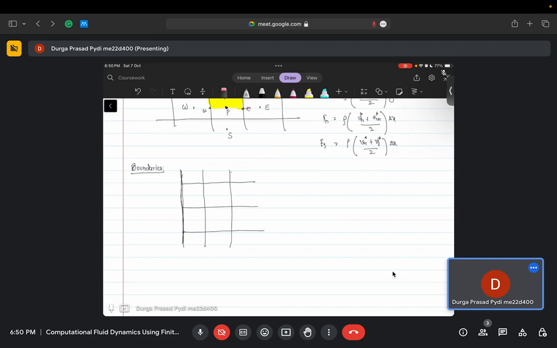Say this is my current cell, and here is my velocity being stored. First let's say we are solving for the X momentum boundary equations. My U is stored here and also here, the way I am storing the boundary values also. So I know this value also. When I am discretizing for this particular cell,